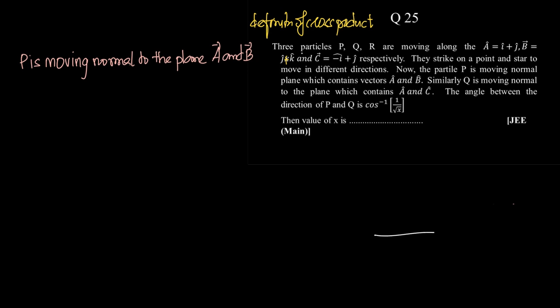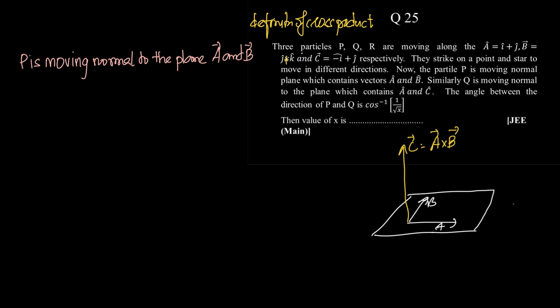We know that if this is the plane containing vector A and vector B, then a new vector, vector C, is actually defined as vector A cross vector B and is perpendicular to both the vectors A and B, and is normal to the plane containing vector A and vector B. Which means instead of writing normal to the plane containing A and B, we can replace that by A cross B. Doing the same here, I can write here that P is